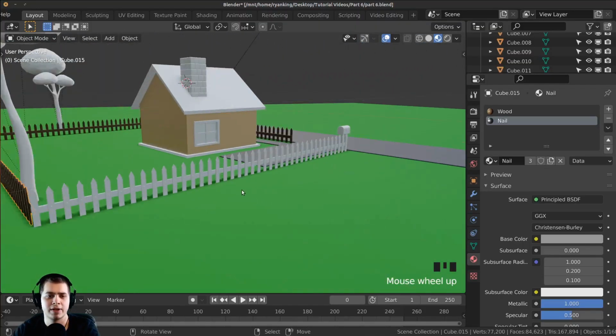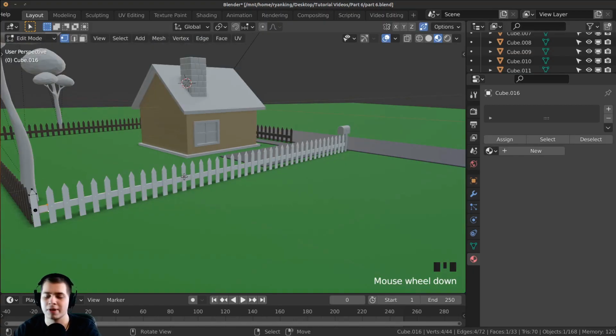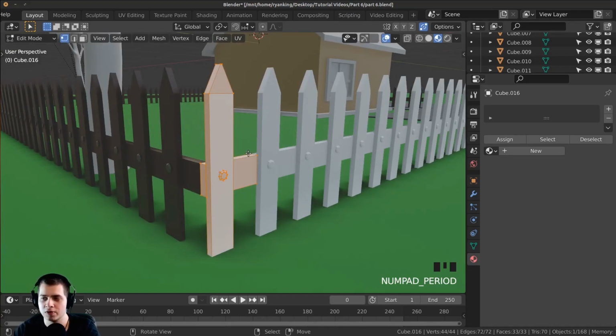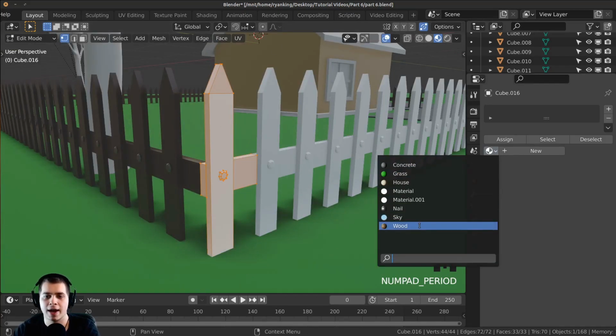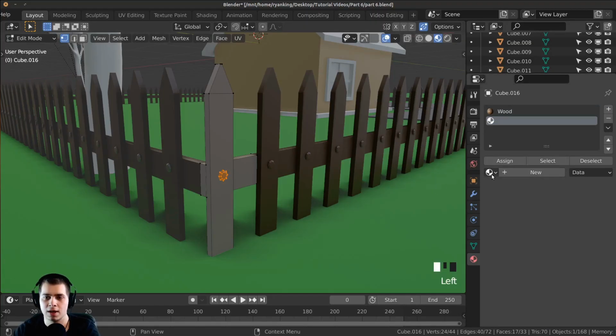So navigate over here, select this, we'll tab into edit mode. I'm going to press A to select everything and then period on the number pad to zoom over to it. Let's click on the drop down here and add the wood material, and then A to deselect everything, hover your mouse over the nail and press L, and then click on the plus right here,